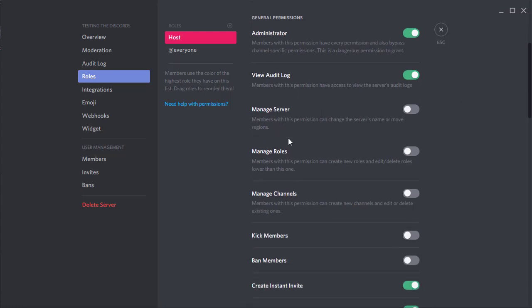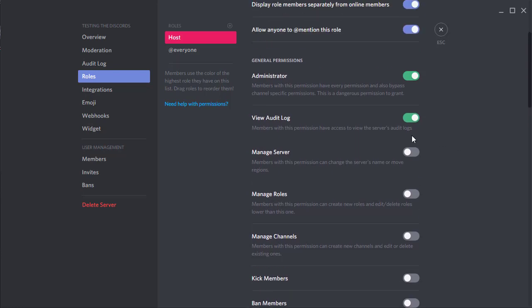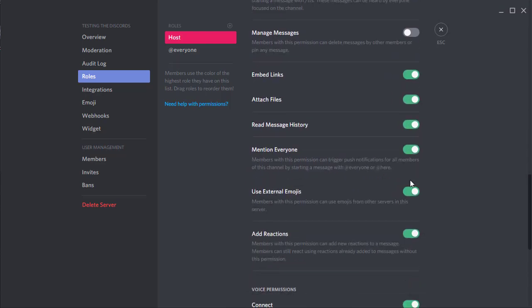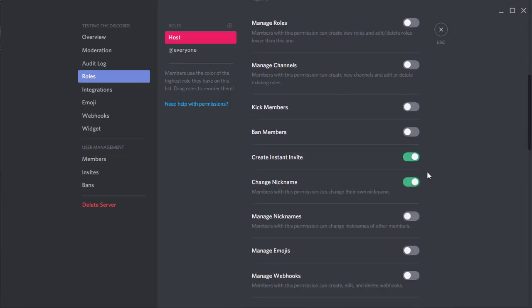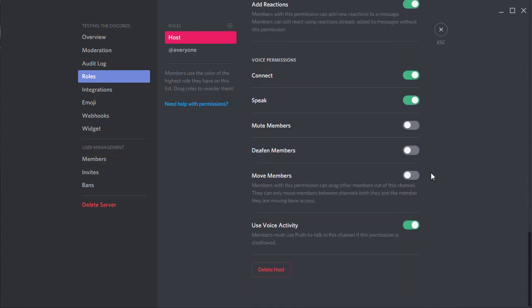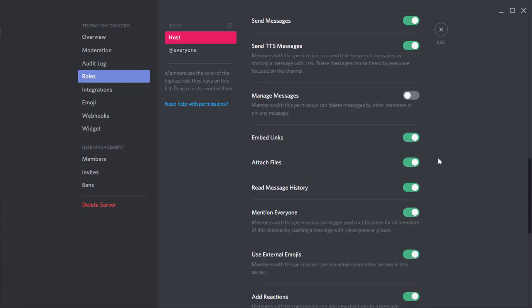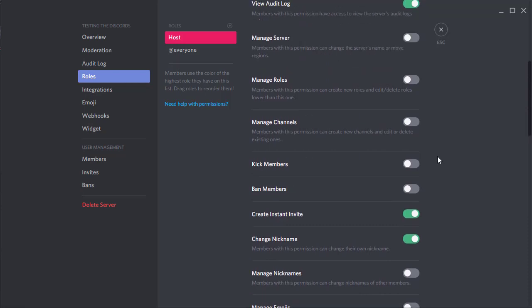Next one is manage server. Basically, members of this permission can change the server's name or move regions. You don't really have to tick this, because if you already have admin ticked, basically all these permissions here are already ticked for admin. So if you have admin already ticked, then you don't have to worry about any other settings here. You can just skip the video from here. But if you haven't